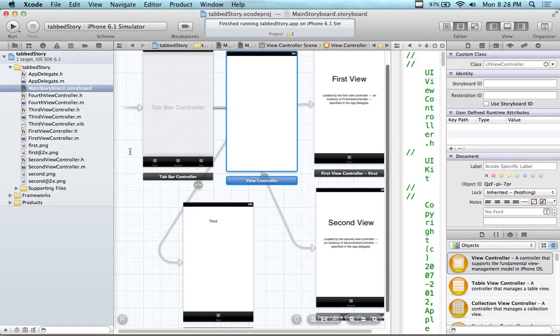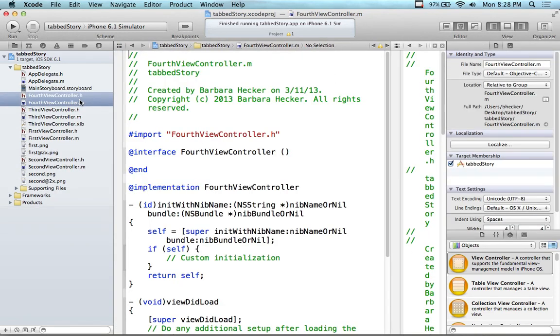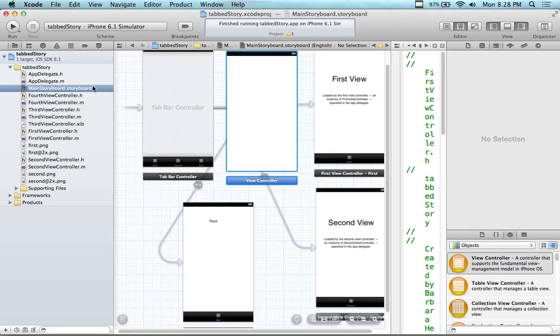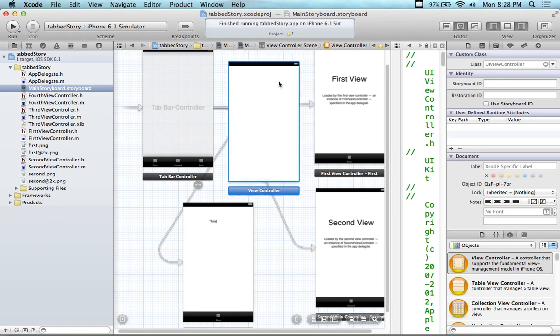Next. So now I have the class out here, but I have to tell the class what it's controlling. The view controller, what view it's controlling. So I'm going to go back to the storyboard. I'm going to click on the view that I'm interested in. I'm going to come up, I'm going to hit the third little icon over it says Identity Inspector. Change the identity of the view controller to be controlled by this fourth view controller now. So I'm going to click over here and change him to the fourth,